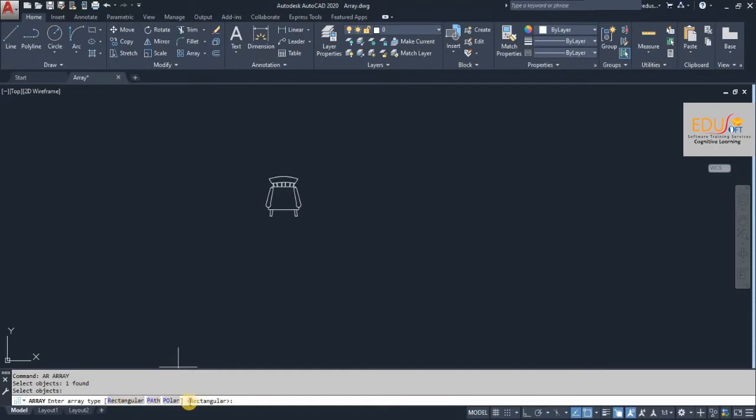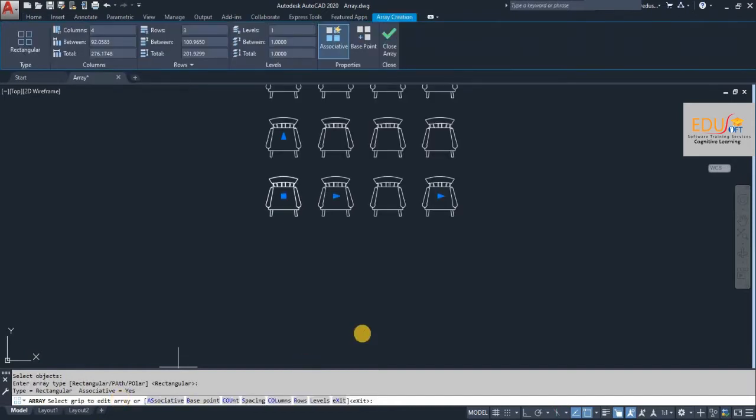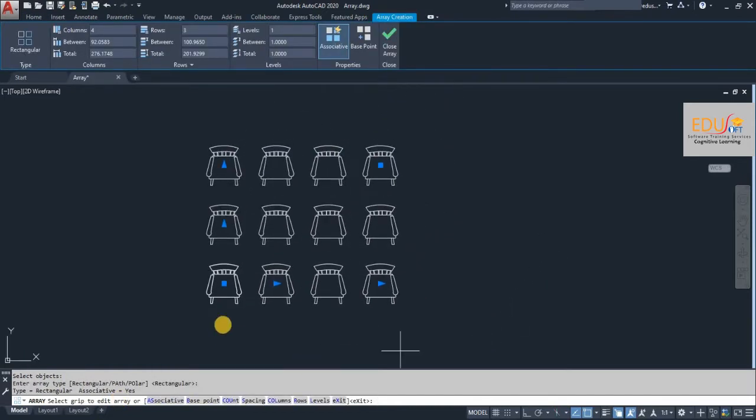In the command window, you can see three sub options. The default option is rectangular. Here in the bracket, you can see rectangular. If you enter, that option will be active, or you can select rectangular from here. So I am giving the enter button. Here you can see this was the only chair we had before.